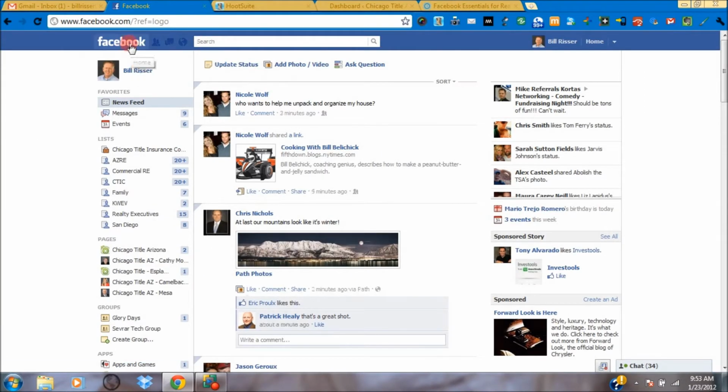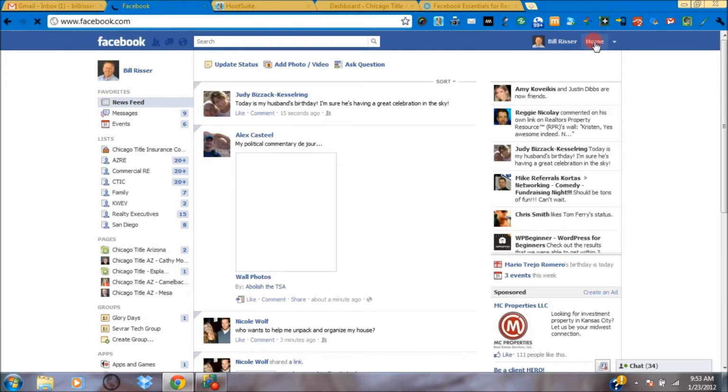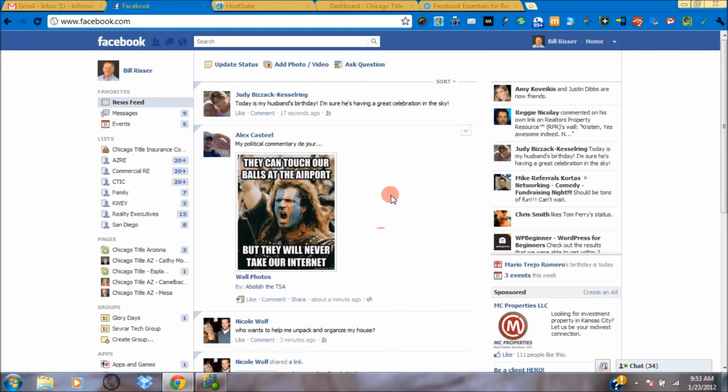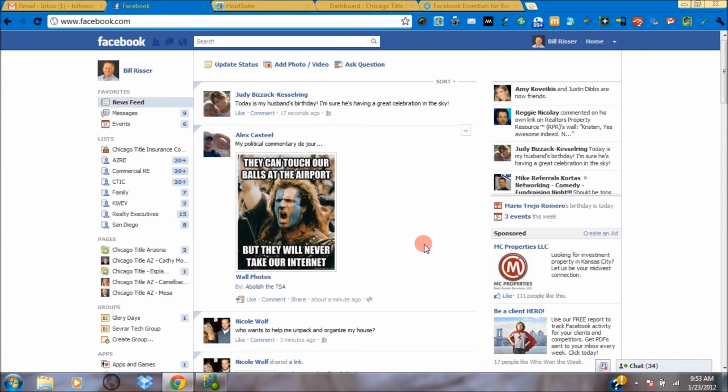So this is the news feed. I get this by clicking on either Facebook or the home button. It takes me to the same place. And this is information that all roughly 800 of my friends, as they post things, everything gets thrown into this news feed. So do pages. As pages post things, if Facebook deems them important enough, it'll show up here.